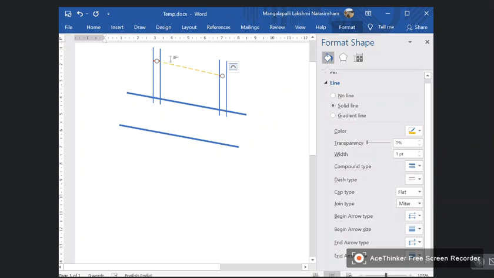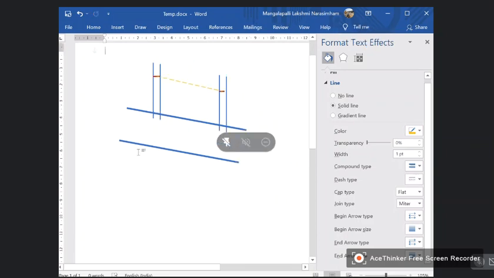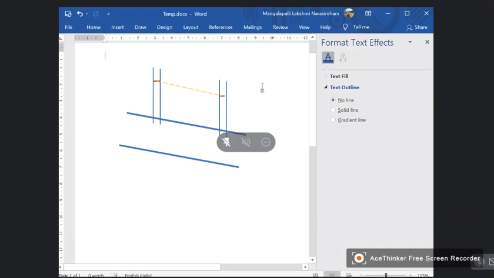So this is the hydraulic gradient line. So what is the value of the slope of the hydraulic gradient line? Now if I call this as H1,